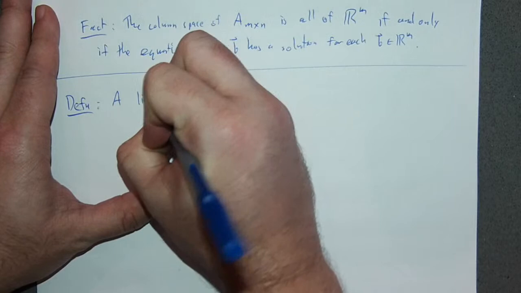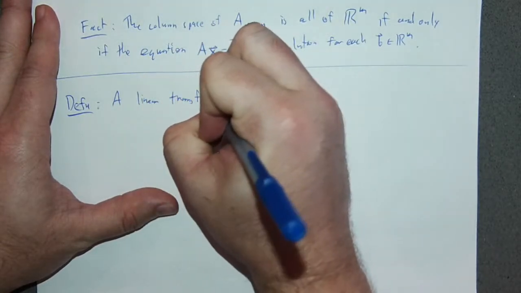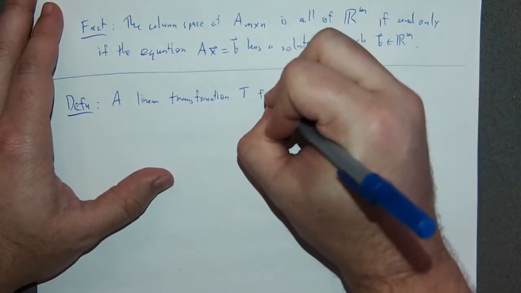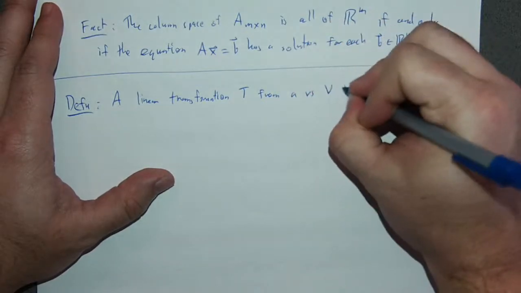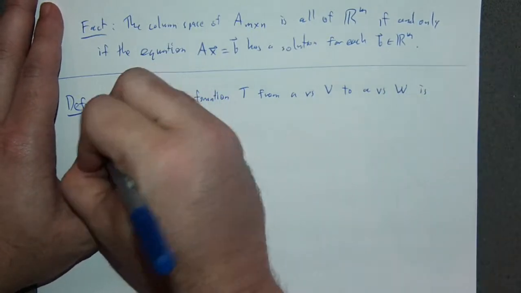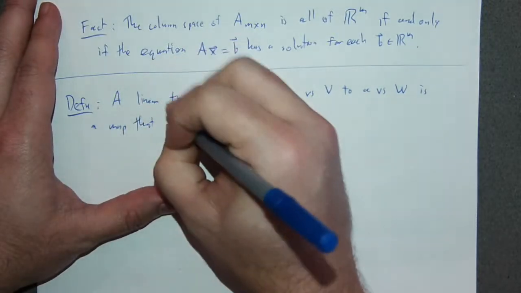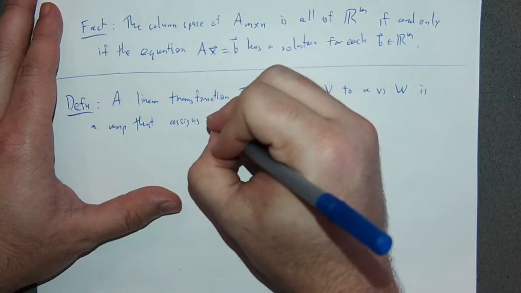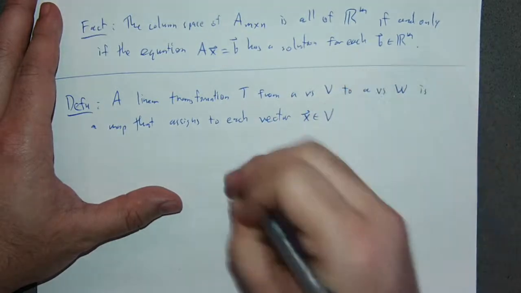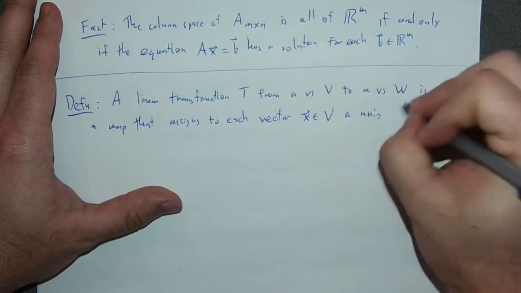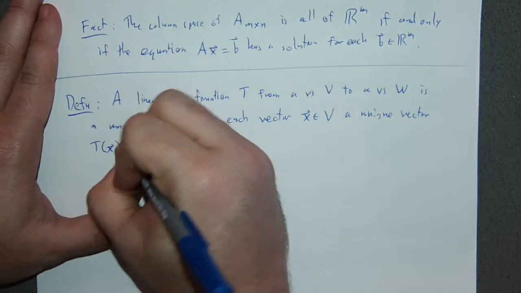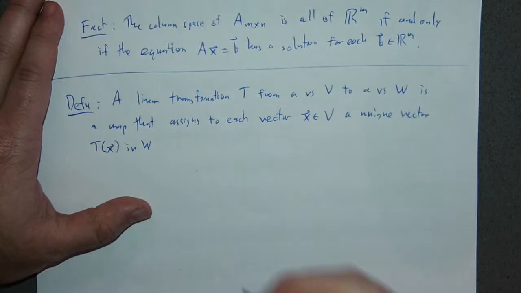So, a linear transformation T from a vector space V to a vector space W is a map that assigns to each vector x in V a unique vector Tx in W such that,